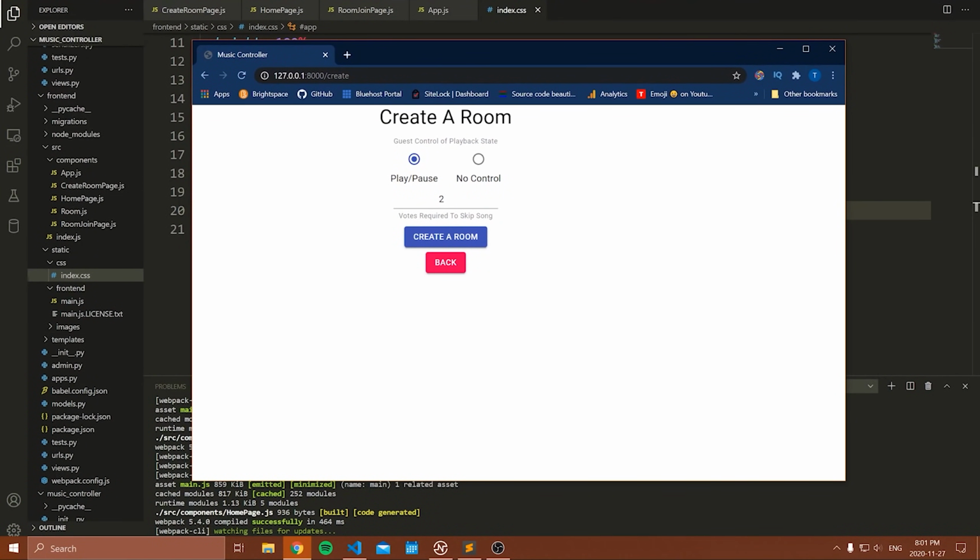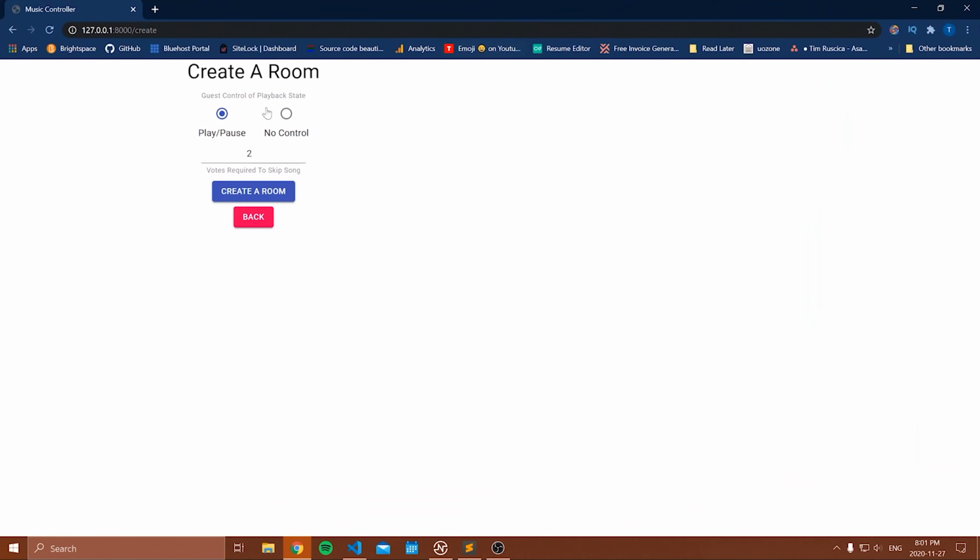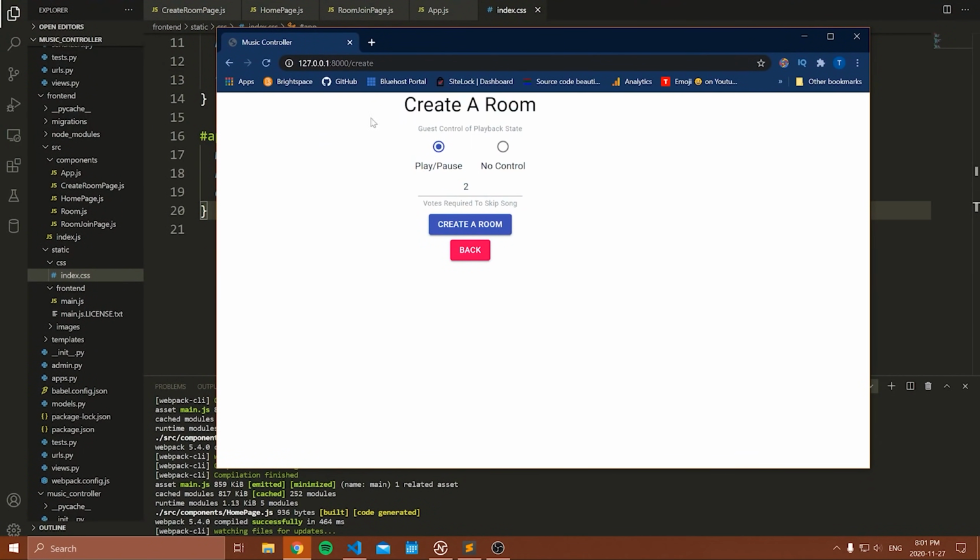The first thing I want to do in this video is actually center all of my stuff in the middle of the screen. So you may have noticed that this create a room is sitting in a really odd position. And obviously that's not what we want. So I want to make sure this is centered both vertically and horizontally. Now, there is a way to do this using just Material UI components, but I think it's a lot easier to just hard code some CSS. So that's actually what we're going to do.